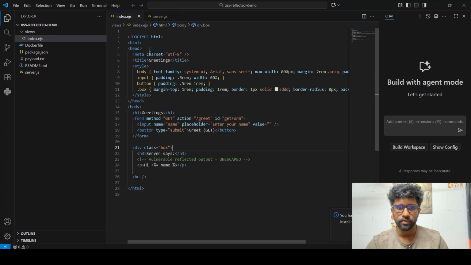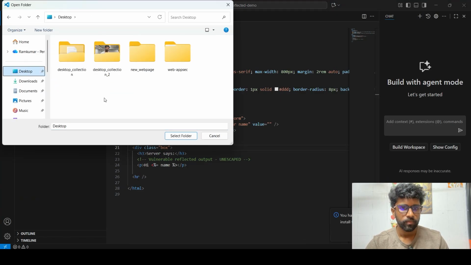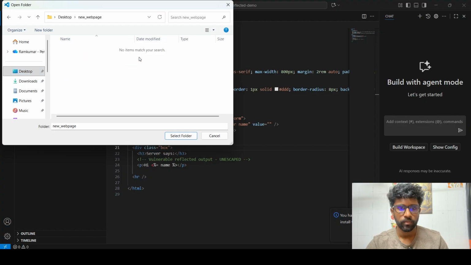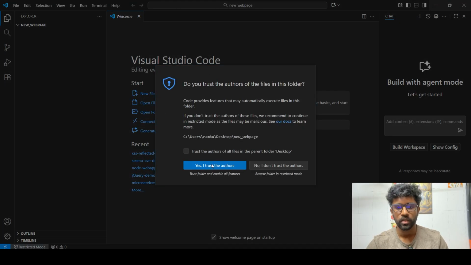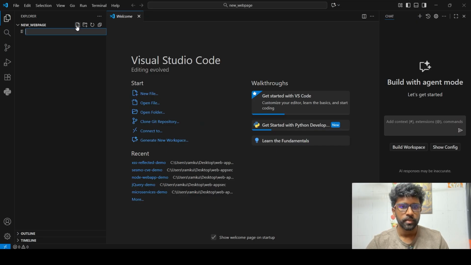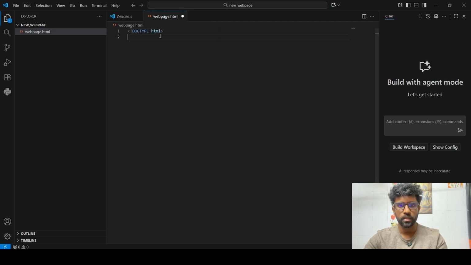I'll open this folder in VS Code. Let me create a new file and write the code away.